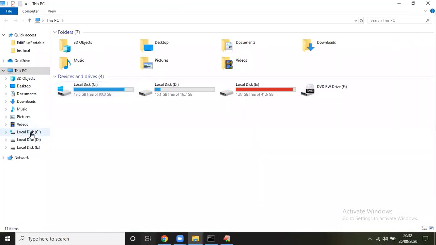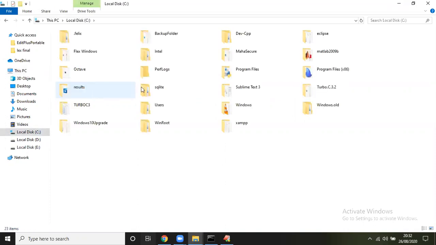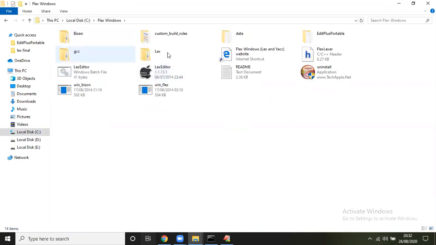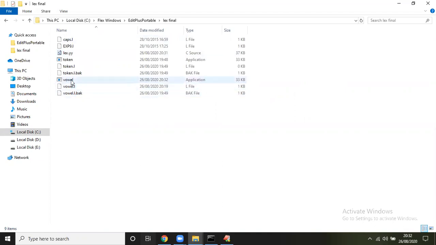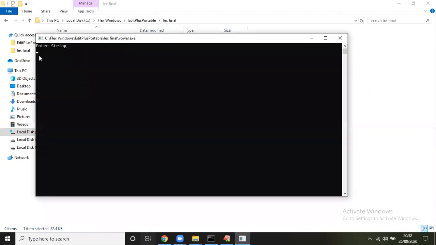As we know, we have to open that application in Edit Plus Portable, in the Lex final folder. So here we have this vowel application. This is the enter string prompt. If we enter capital A, it gives us vowel.